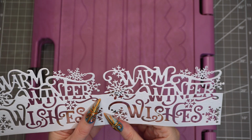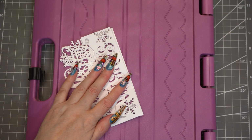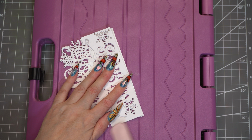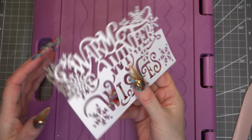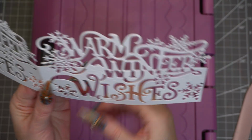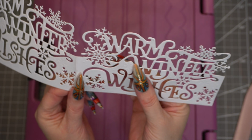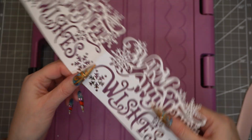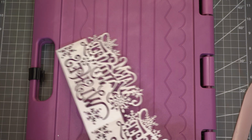Got the bits out. I know what I need to do now is reaffirm the score lines. So I'm just going to gently fold it over and then use my bone folder. Unfortunately, I have got a slight tear in this paper here. This card's not going as well as I'd have liked, to be honest, but hey ho. And this one is completely disappeared, the fold line. So I'm hoping we can get it back